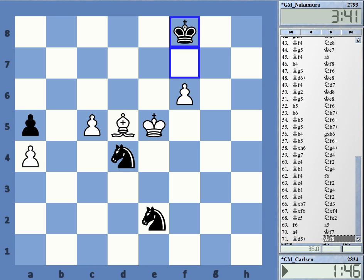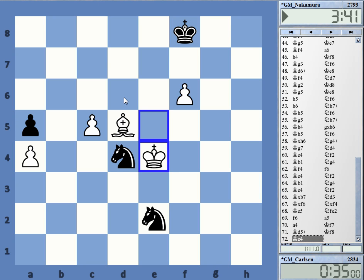The thing is, however, that here there is only one way that will win absolutely convincingly. That was found by Carlsen, which is remarkable. It's a second great move of that game. I mean, he played a couple of good moves, but this is just excellent. King to e4. What is the point? The point is that